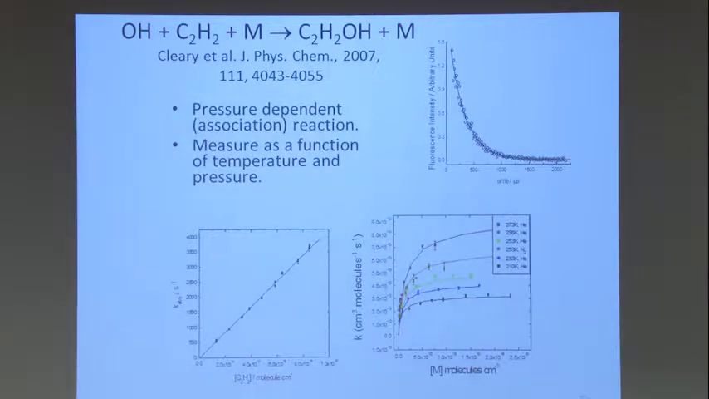The last one before we'll break. This is a kind of interesting reaction. This is OH radical adding to acetylene to make a hydroxyvinyl. And this is a reaction that's pressure dependent. So if I increase the pressure of like argon in this reactor, I'll measure a different rate coefficient. Pretty weird, huh? So what's happening is that